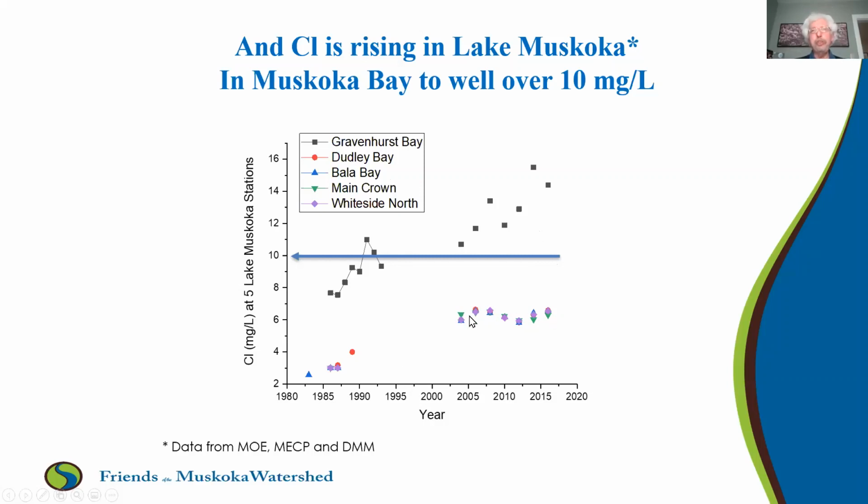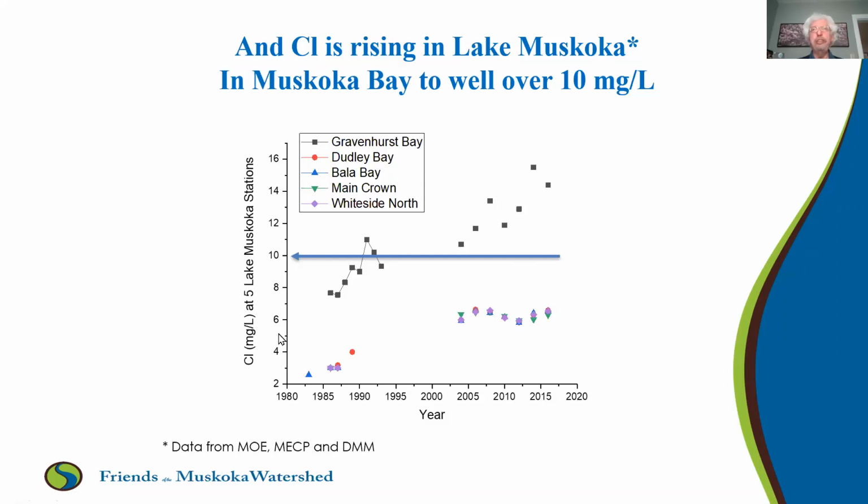Levels seem to have stabilized in the main part of the bay at around 6 milligrams per liter, which of course is much higher than the levels were historically, but it means that the lake is kind of in balance with inputs and outputs right now at about 6 milligrams per liter of chloride. I think things are dying, would be my guess, in Muskoka Bay. They may not be dying yet in the main part of the lake,